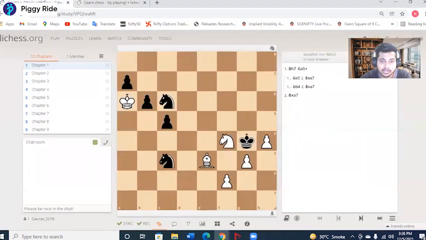Now let's head to the puzzle part that I've made for you guys. So you're playing as white over here. Remember, you're playing as white. Now all this is how endgames usually look. See, a lot of your pieces have been lost. So in this, you are playing as white. You have to attack using your king only.